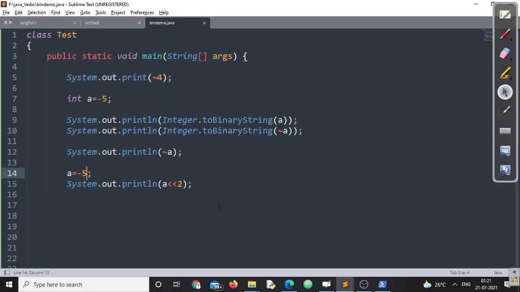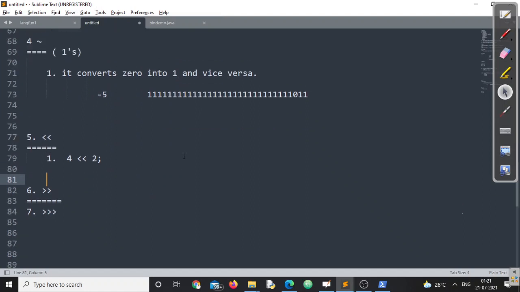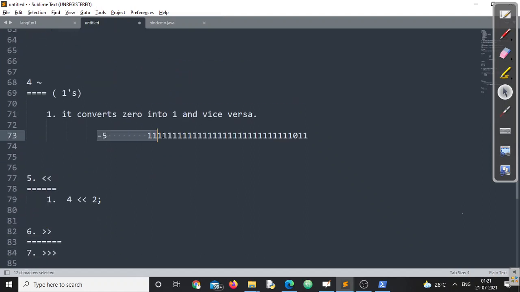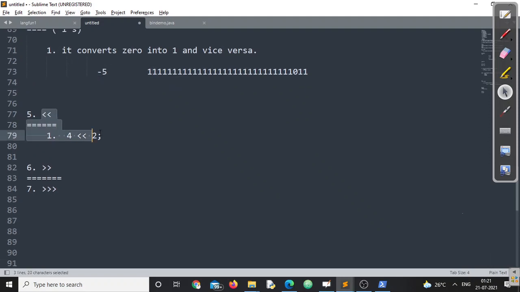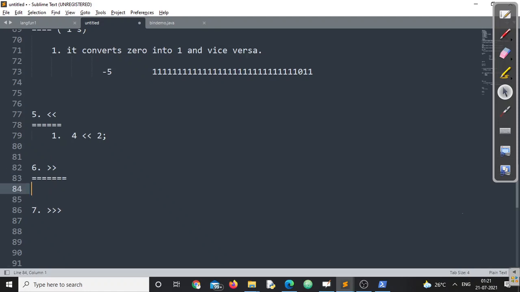Now, make sure you understand this point, because the major part here is you need to understand how the numbers are represented in memory. If you can do that, you can happily calculate all of these: negative numbers, positive numbers, left shift, right shift, everything. And right shift is just a reverse to that one. Right shift for positive numbers and right shift for negative numbers. For right shift, we need to take care of this too.